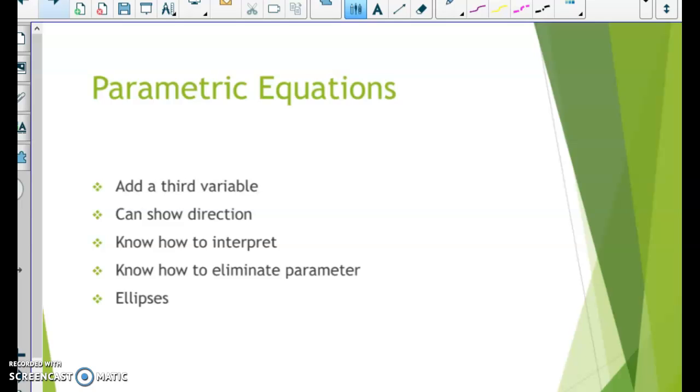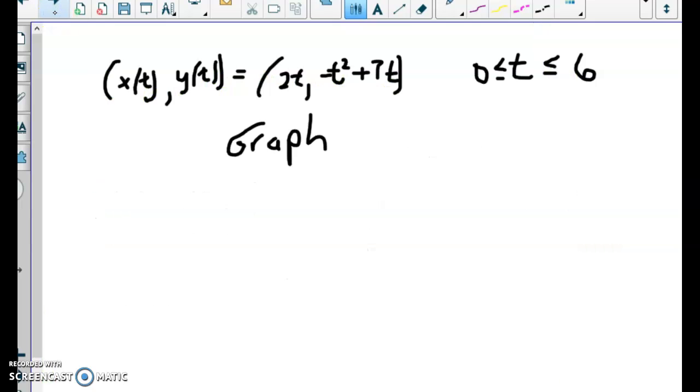Parametric equations add a third variable. We show the directions when we graph parametric equations. Let's say I end up with something like that. We put these arrows in there to indicate which direction you're being graphed. Know how to eliminate the parameter and how to do ellipses. So let's say I have